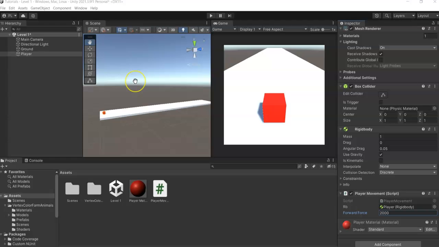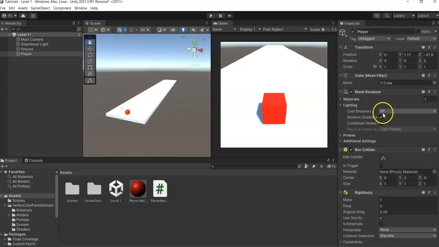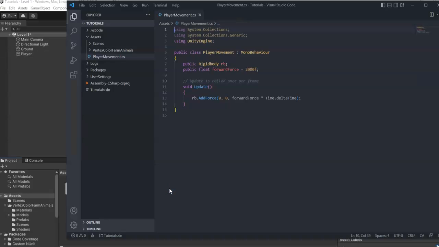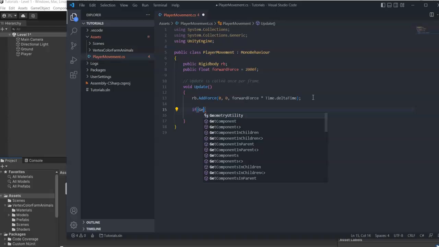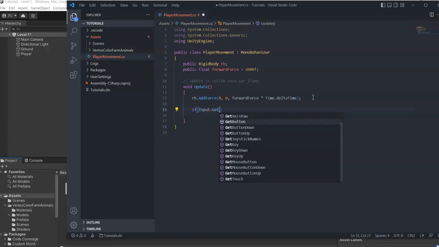Okay, so the next step is to make our player move from left to right. To do that, we need to alter the X axis in our movement. For example, if the player presses the letter A, then the player should move to the left, and the player should move to the right with another key. To do that, we need to create a conditional statement. So we type in if Input.GetKey